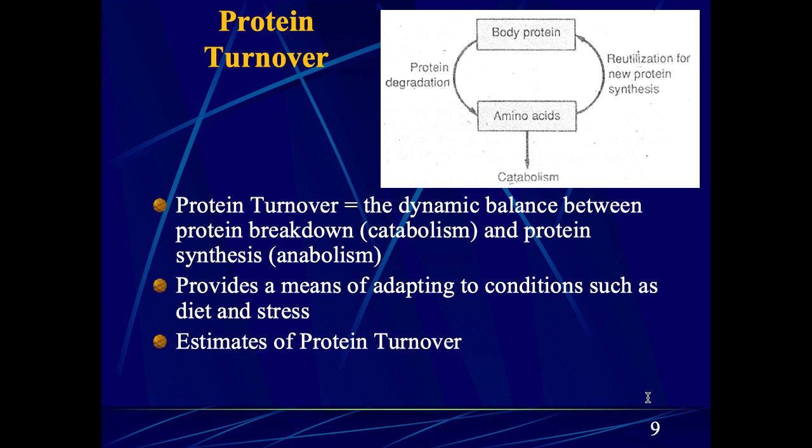So I'm going to give you a number. It's estimated the amount of protein turnover is equal to the body weight in kilograms times 4.6. This is per, let's say, 24 hours. So for example, if a person that weighs 70 kilograms,